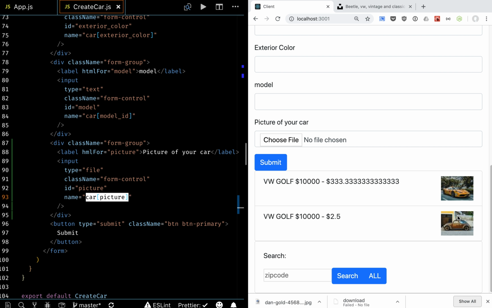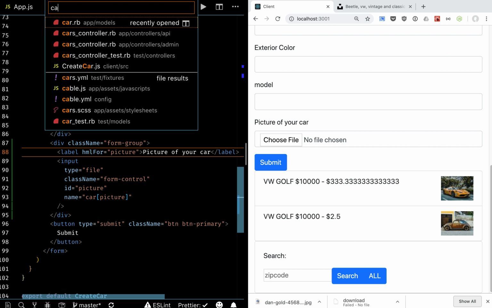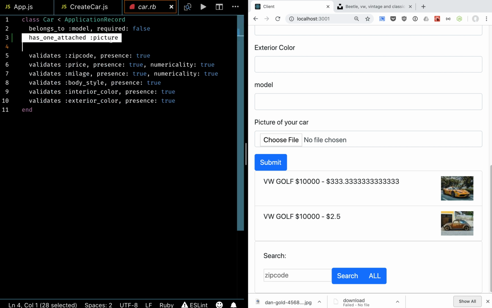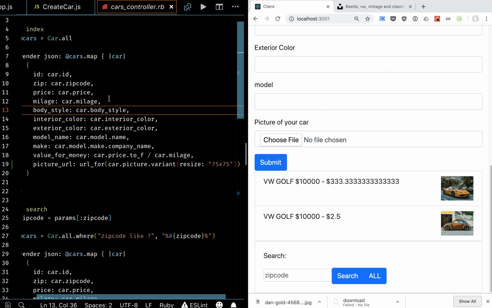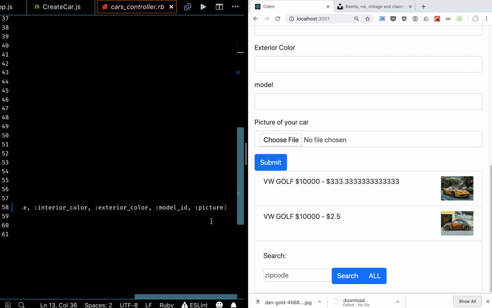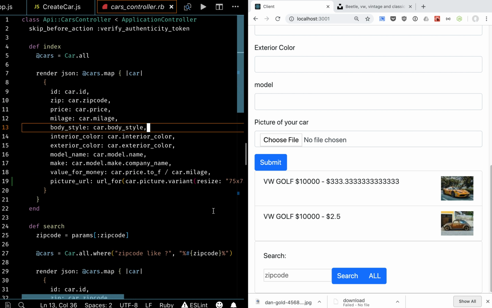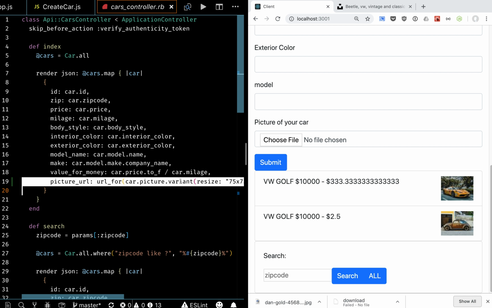Yeah. So it's not a whole lot more than adding text or numbers to your app. Just a couple things we've got to go through. We've got to run that installer, run the migration. We've got to tell our car that we have an attached picture. We have to tell our car controller that we're going to add the picture param. And whatever APIs need to have access, we just need to make sure we have a field in our JSON that says where's the picture, right? And then we can